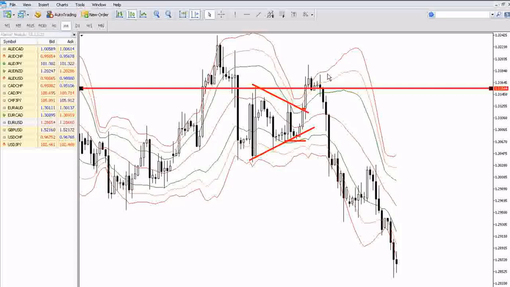So remember, that is literally it. That's how you trade the wedge, that's how you trade the triangle, the ascending triangle. They're all literally the same, except they just come in different shapes and sizes. So remember, you only start drawing your lines on different sides once you get a bounce on one of the Bollinger Bands. And from that point on, like we said, you look for a penetration